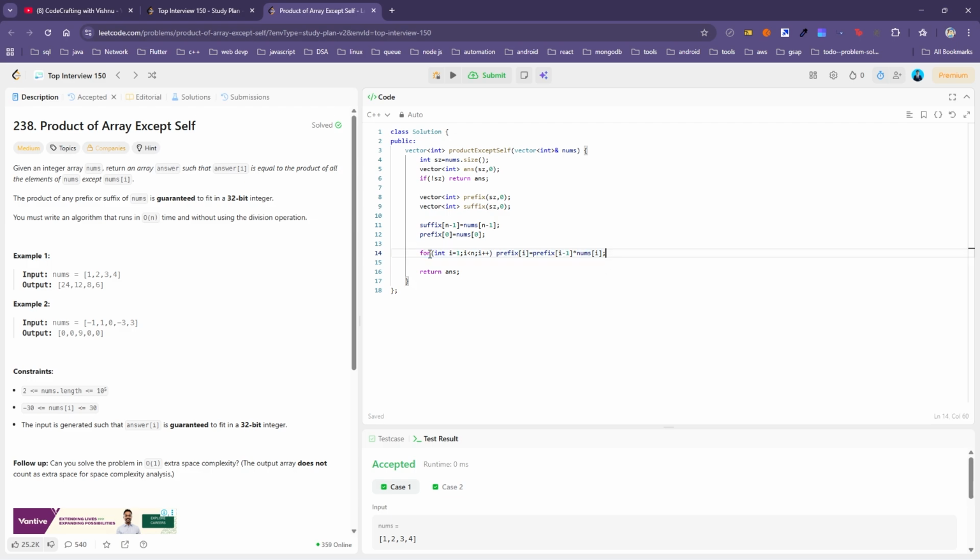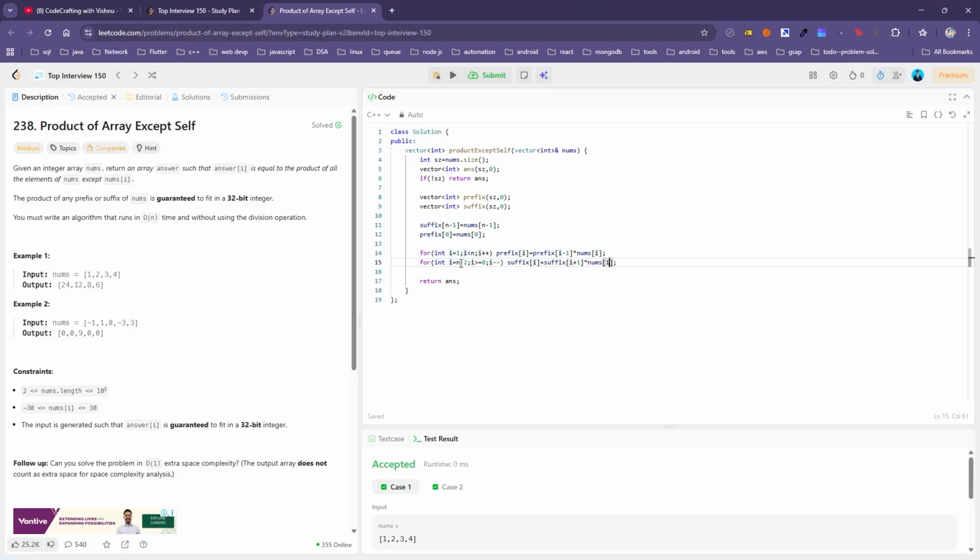Now similarly for suffix, in suffix case we'll start with n minus 2 because for n minus 1 we already did, so from n minus 2, I greater than or equal to 0, I minus minus, so suffix at I is suffix at I plus 1